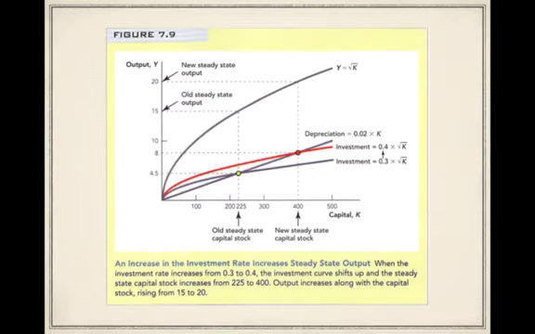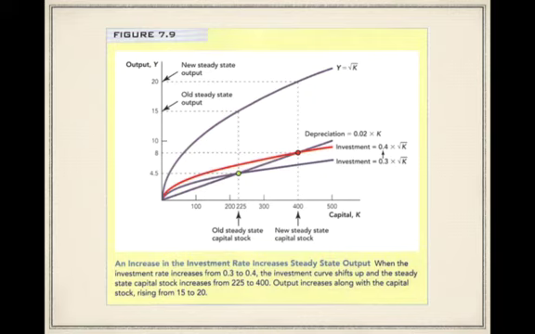So let's start by relaxing the savings rate. And so this picture shows us what happens if the savings rate increases and all savings makes it into investment. In other words, our investment line will shift up. Our output capital line will stay exactly the same. Our depreciation line will stay exactly the same. And then the question is, what happens to growth? And the answer there depends on where we were.